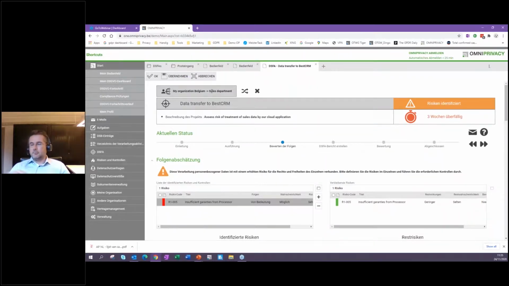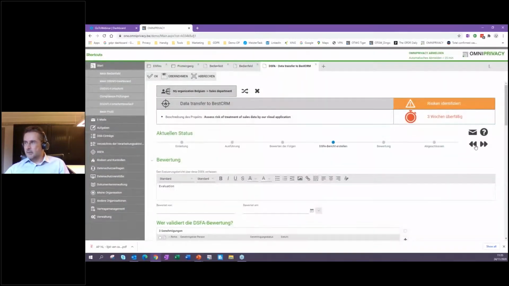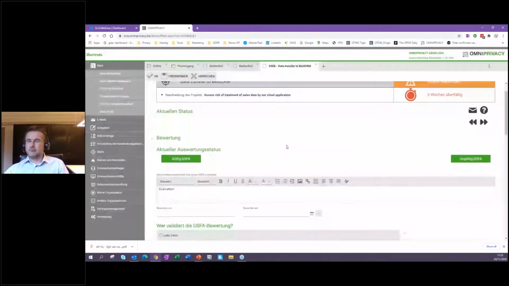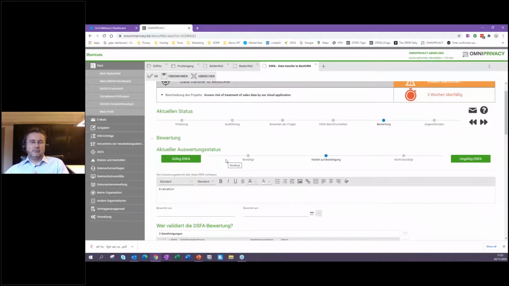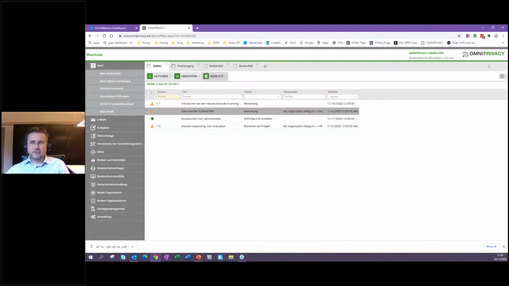The same thing can be done with a processing activity, but you can see here it is the sales department that will do this DPI, and once they have ended this DPI and created a report, they can ask an approval from the data protection officer. The data protection officer will get in his control panel, in his list with DPIs, an indication that approval is required, I need to review it, and maybe make some changes, etc. And this way, in an efficient way,